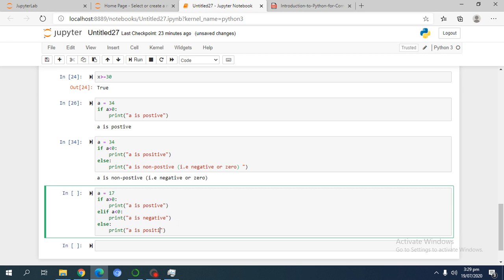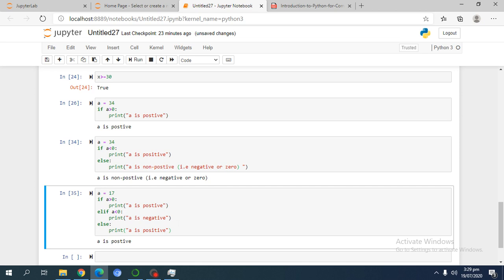ये हमारे पास प्रोग्राम हो गया, मतलब कि ए इज इक्वल टू 17 हमने इसको वैल्यू असाइन की है। इफ कंडीशन को चेक करेंगे, अगर ए ग्रेटर देन 0 है तो ए पॉजिटिव प्रिंट करेगा। अगर लेस देन 0 आता है तो ए इज नेगेटिव प्रिंट करेगा। अगर दोनों कंडीशन फेल हो जाए तो एल्स स्टेटमेंट एग्जीक्यूट होगा। यहाँ पहली वाली कंडीशन चल रही है तो ए पॉजिटिव प्रिंट करेगा। अगर ये ना चल रही तो दूसरे नंबर पर एल्स इफ की स्टेटमेंट एग्जीक्यूट होती।